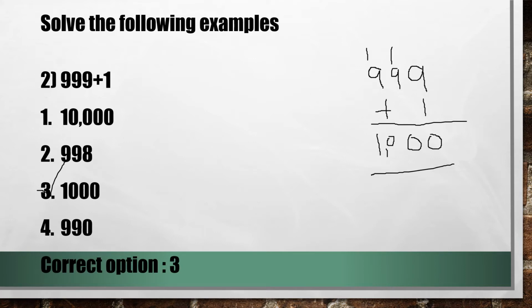Okay, so this is how you solve the sum, and remember to put commas. If you put commas, it will be very easy for you to get the correct answer, because there is 10,000 also and there is 1000 also. Sometimes when you are in a hurry, you might take the wrong option. So you have to be very careful if there are numbers which look similar. Most of the time, the answers look similar to each other. So you have to be very careful when you're writing the correct option. Okay, so I hope this much is also clear.